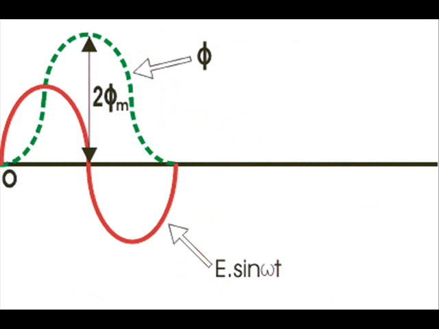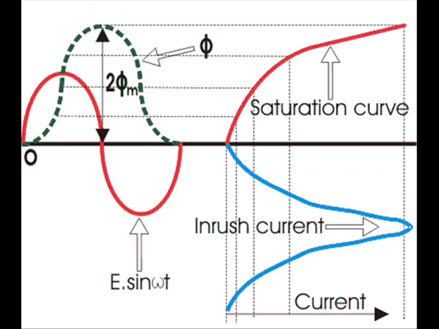The cores of transformers are made so that they become saturated just above the maximum value of steady-state flux. Here we have seen the value of flux at the end of the first half cycle of the voltage wave has jumped to double its maximum steady-state value. As the core becomes saturated just above phi m, the magnetizing current required to produce the rest of the flux above phi m is much higher. This high current will be drawn from the primary supply. In other words, there will be an inrush of current in the transformer.